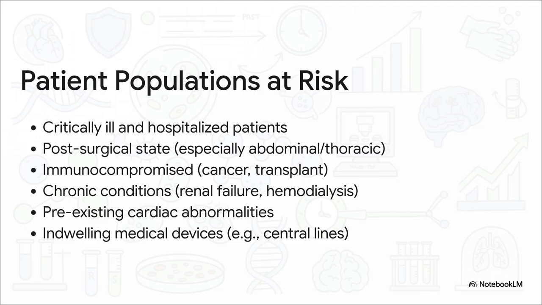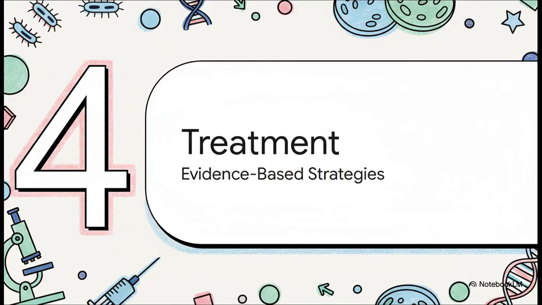Streptococcus acidominimus is a classic opportunist. It's not typically infecting healthy people out in the community. No, it primarily hits our most vulnerable, hospitalized patients, the ones who are post-op, immunocompromised, or have central lines and other devices. And that brings us to the most critical question for clinicians, and frankly, a key responsibility for us